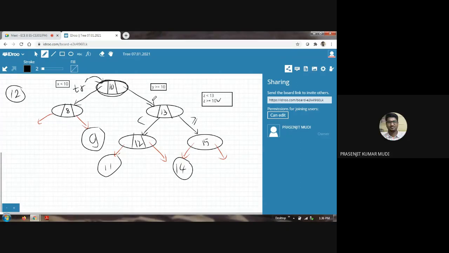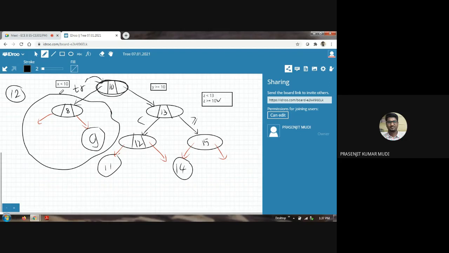Right, sir. Right subtree. Why? Because you have found that the value 12 is greater than or equal to 10. It is not at all less than 10. So you are actually discarding the entire left subtree in the searching process, isn't it?